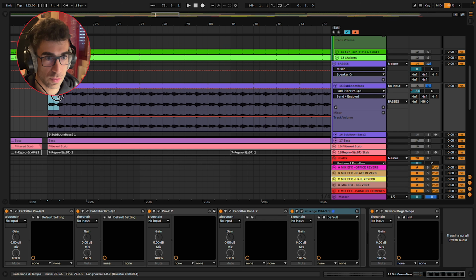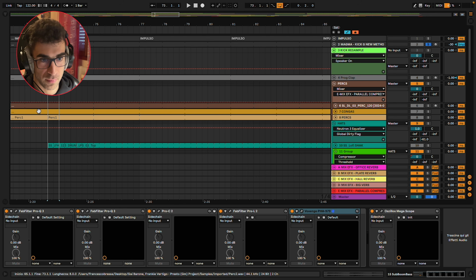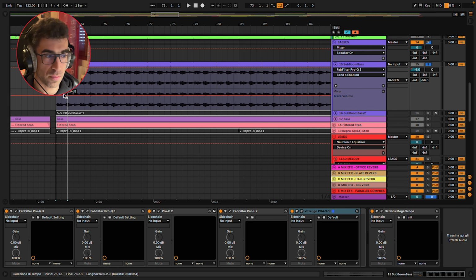So let's also have a look at this oscilloscope, Oscillus Megascope. Very cool plugin that I really love. I learned this technique from a psytrance producer friend of mine. I don't know why, but in psytrance they are quite precise with the bass and kick phase correlation.